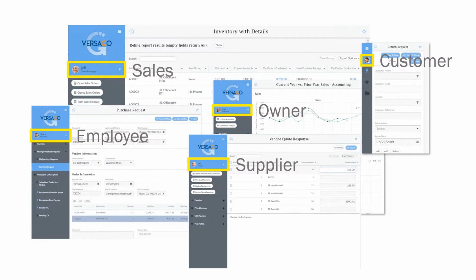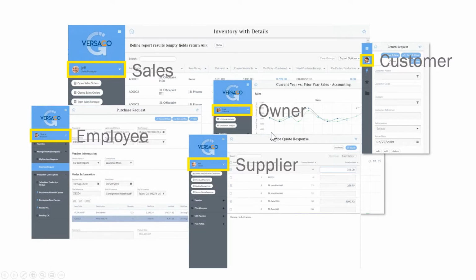And for employees, whether it's requesting information, submitting expenses, collaborating, or capturing shop floor data collection information, whatever the use case is, we can certainly support that as well.